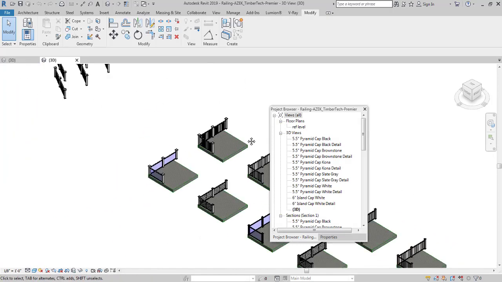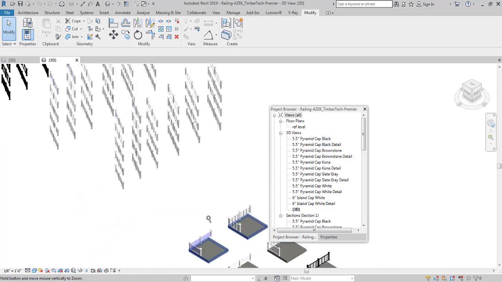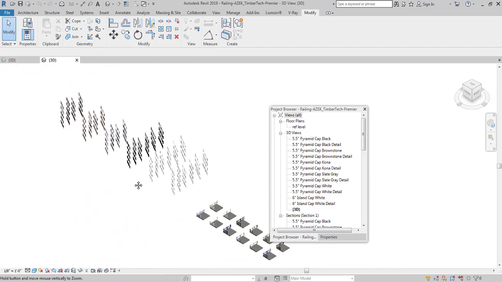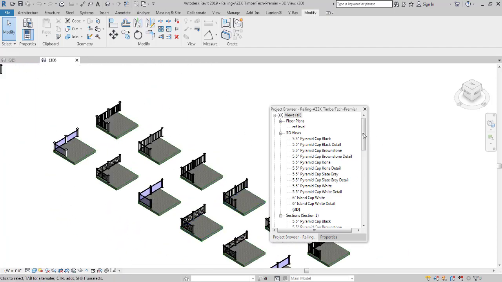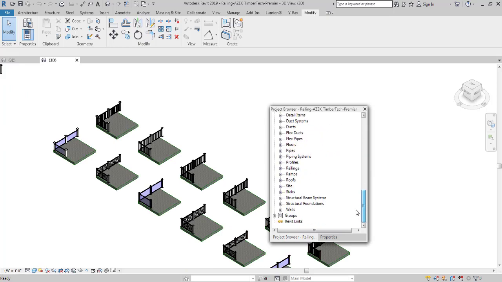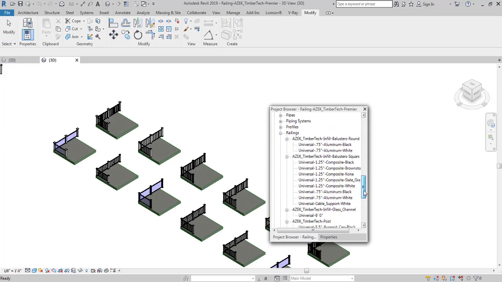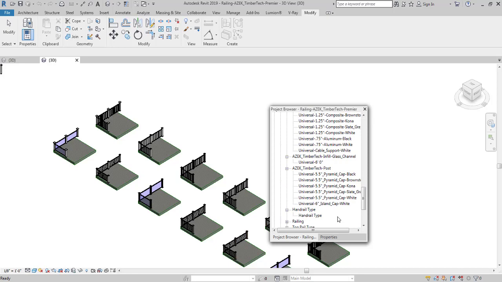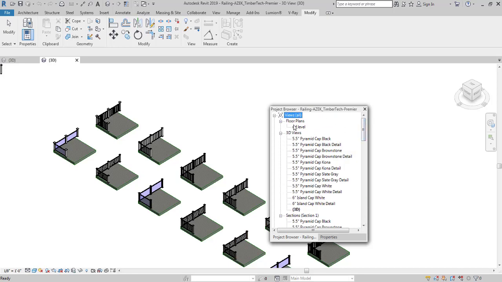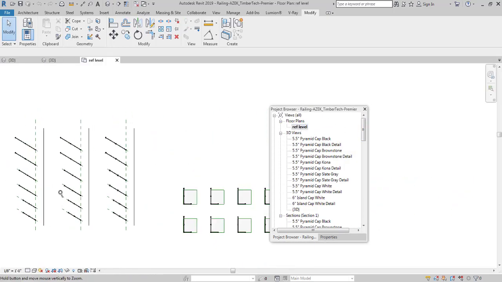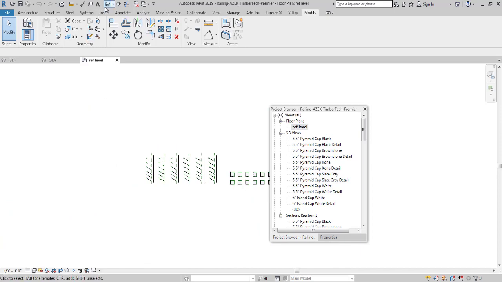But basically this file contains a ton of families for railings. Like if I were to show you, as you can see, railings, we have a great deal of icons over here. Go to 3D view over here.